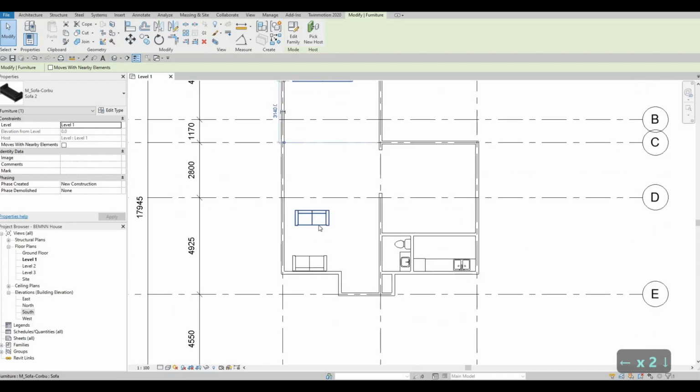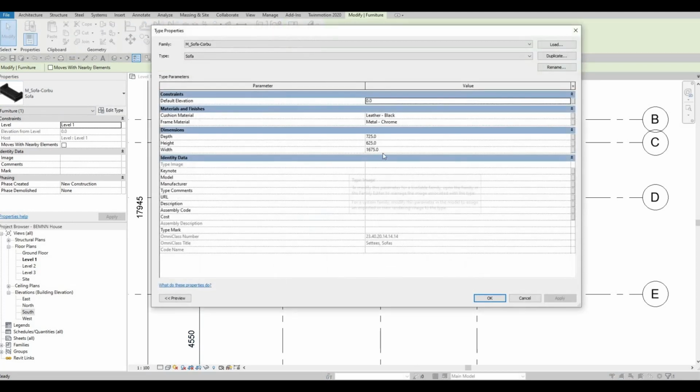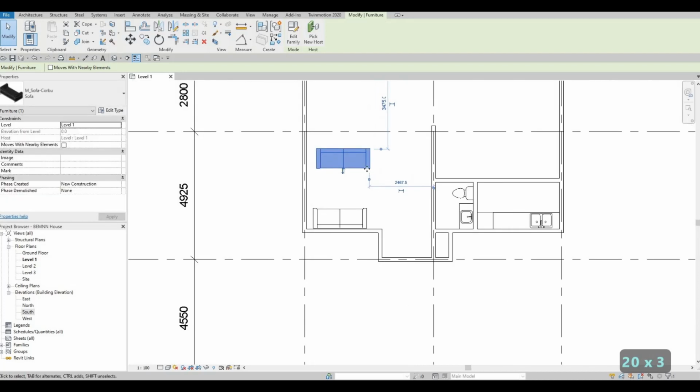Now, if we edit the spacing here or the width, what will happen is both of this will change because this one is under the sofa as well. So here I'm gonna provide a sample. I'm going to change this to 2000. Click apply and then OK. And both of them are in 2000. If we double check,